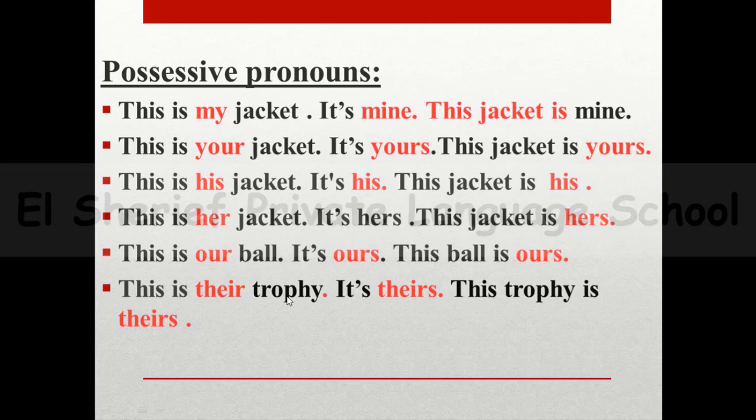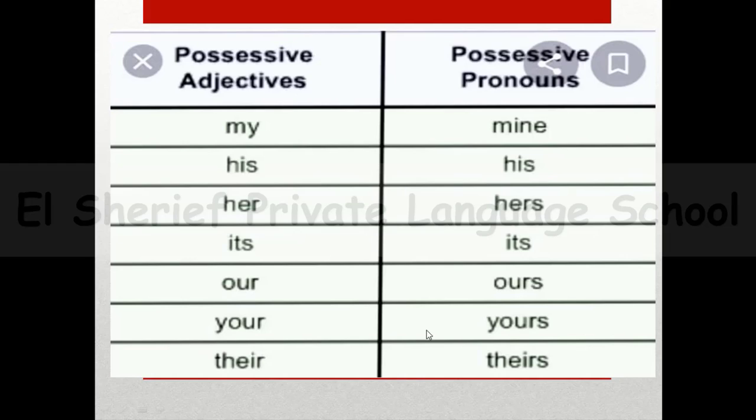This is a possessive adjective, so there I should put after it a noun. And may I say it's theirs as a possessive pronoun, or may I say this trophy is theirs, and we shouldn't in the two sentences put anything after theirs. Okay,